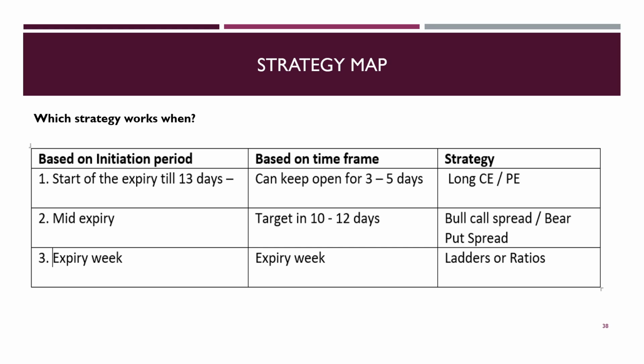But once you are in mid-month, then theta picks up the pace. So we can do a bull call spread or bear put spread, where for a call buy we sell an OTM call to manage theta and reduce the risk, reduce the cost. In expiry week, as theta accelerates very fast, we can do a bull call ladder or bull put ladder, bear put ladder, where for one call we sell 2 OTM calls. So this way, using the monthly profile, you can decide which strategy to form. Now keeping these concepts in mind, we'll proceed further and decide how to trade.